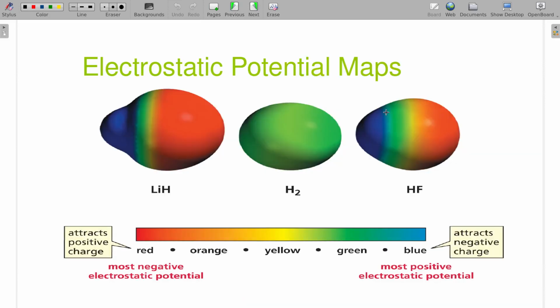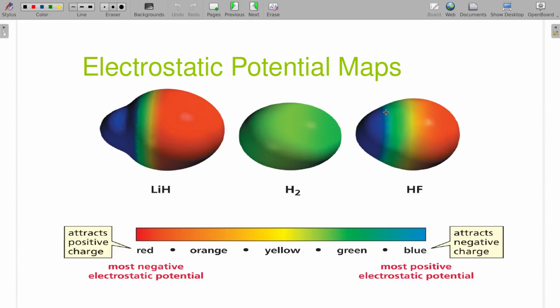We will see this a lot in our textbook. It's on electrostatic potential maps. All that is, is showing the outermost area where you'd find the electrons 90% of the time for the majority of the entire molecule. So these are molecules, and that's the electron cloud for that entire molecule, and we're color coding it based on where the electrons are most likely to be found.